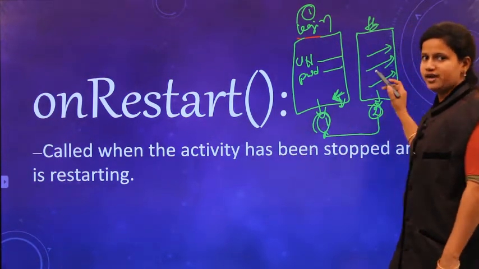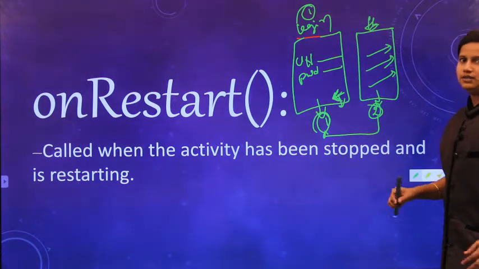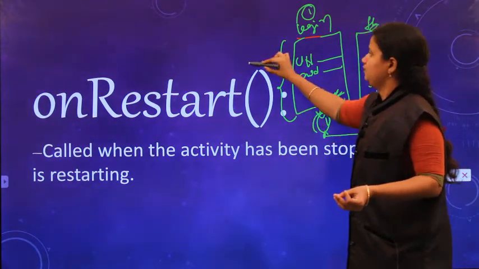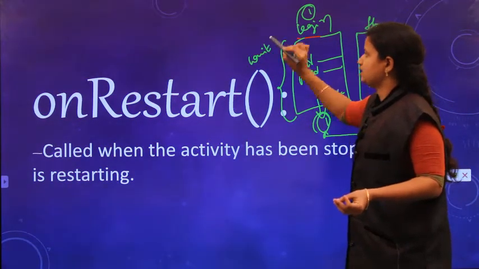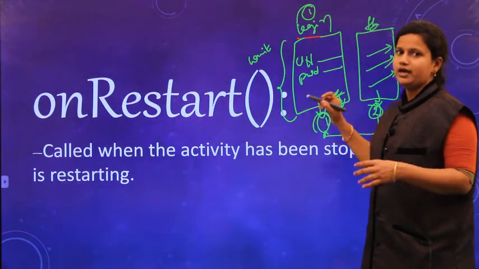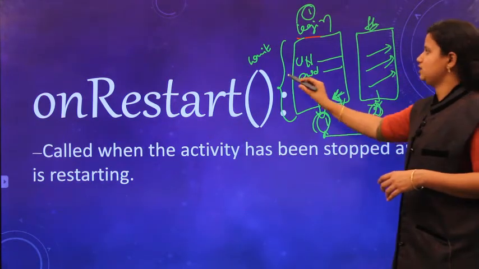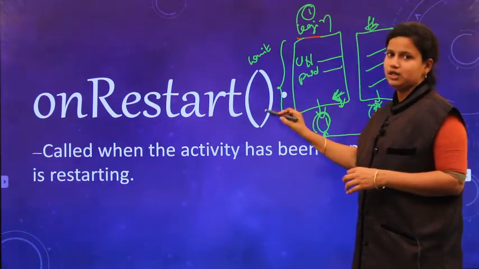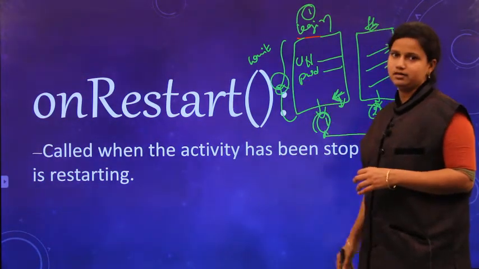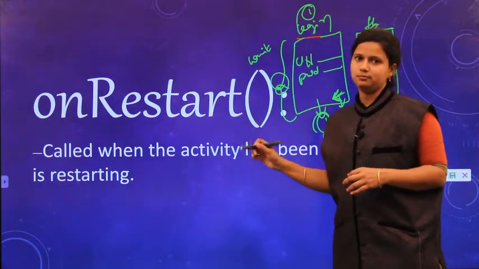Your application is running in the background. You move on to the second application, then go back to the first one. That means for some particular amount of time, this application will be in a waiting position. After completion of your work with the second activity, you move on to the first activity again. In that situation, it will restart your work on this activity, so at that time it will call the onRestart method.